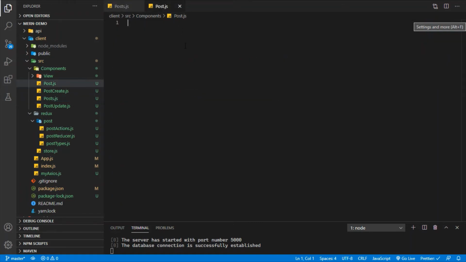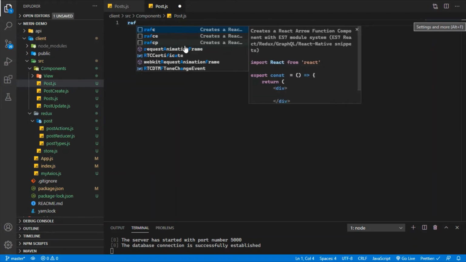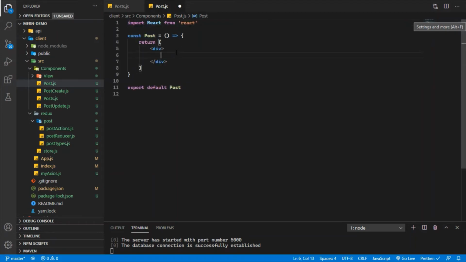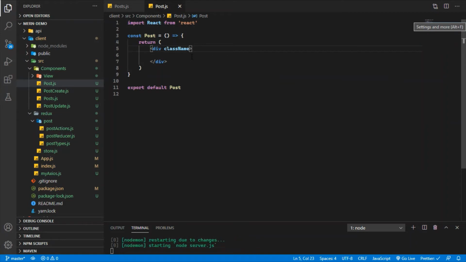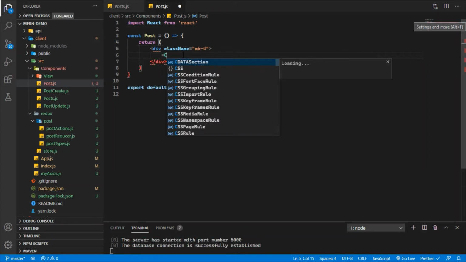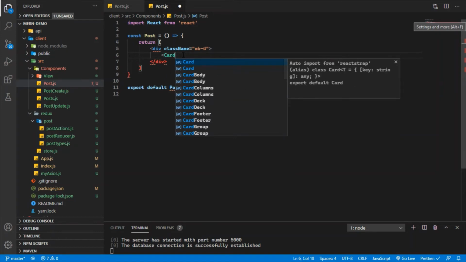So let me create the component first, and in this portion I'm going to give it a class name. First I'm going to style it with a margin in the bottom part, and then I will take the help of the card component from Reactstrap.